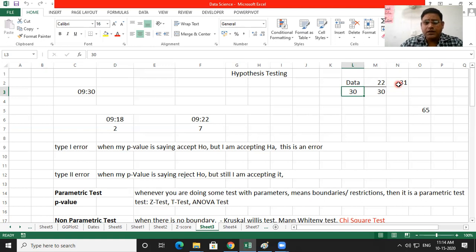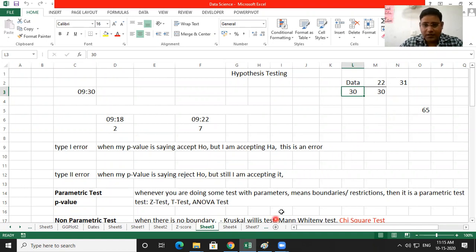Okay, but there is a problem. So the problem with probability is we can only use that probability for the next occurring event. But for future we cannot use that. Let us suppose if I ask you what will be my probability for the 65th attempt? And I have given only 30 attempts, so I won't be able to find out. So in that case, we use series of probability.